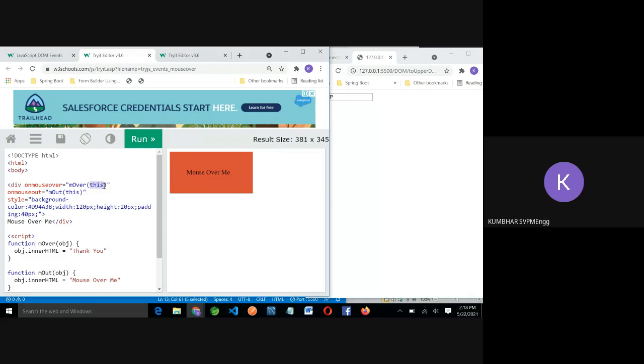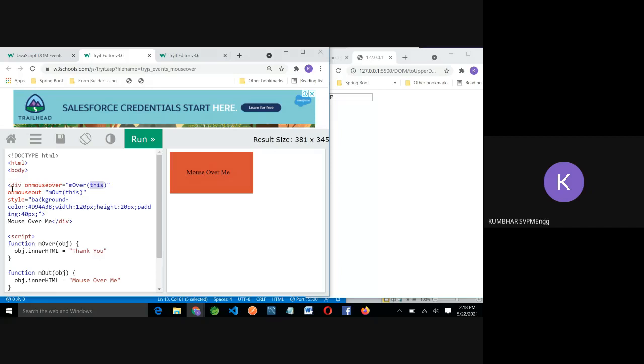This will point to the event object, which has the information about the current event. This will point to the current object of that event source, which gives the information about this event. Like when I bring the mouse to some location, the X and Y coordinates of that mouse are given in this keyword.